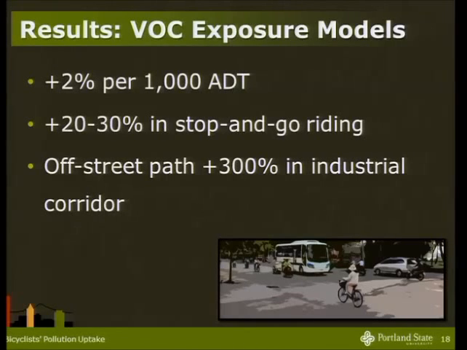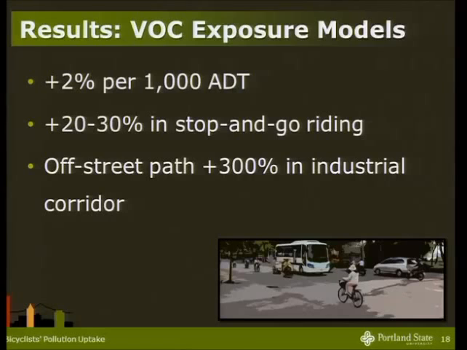We had high-resolution data, so we also had some very detailed traffic and travel characteristics. One of the things that we found is that exposure concentrations are about 20-30% higher in stop-and-go riding, meaning when you're stopped, when you first start to accelerate, and when you're in low-speed riding situations. And that's reflective of the influence of being in a queue and also being at intersections. So stop-and-go riding was about 20-30% higher. And then off-street paths in general had exposure concentrations that were similar to a small street, about 1,000 ADT.